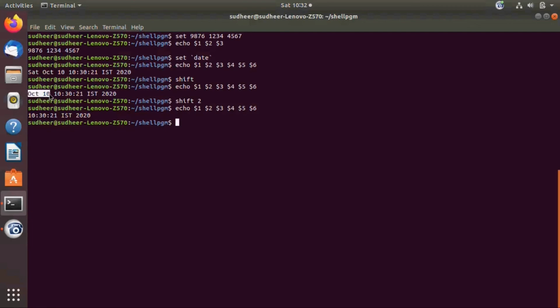See, October and 10 are shifted out to the left. This is the value for $1, IST for $2 and 2020 for $3. So this is the use of set and shift. Set assigns all the arguments to the parameters, and shift is used for shifting arguments to the left.